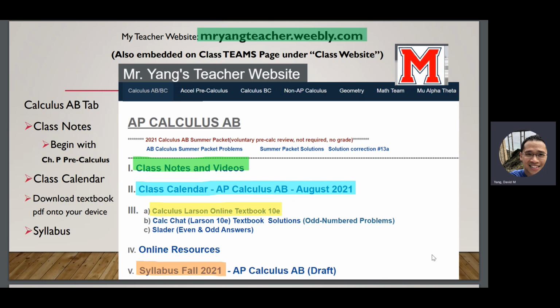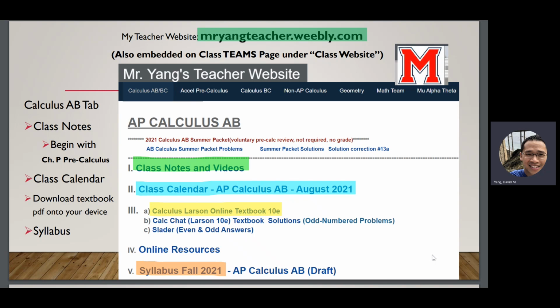I want to make sure that every one of you knows where to go to access all these resources that I have for this class. So if you guys can go to my website, mryangteacher.weebly.com. It's also in the top left-hand corner of your syllabus. Go ahead and access that on your phone. I want to highlight a few things on this website. I teach 2 classes, calculus and pre-calc, but when you go to my website, it's going to take you directly to the homepage for AP Calculus.